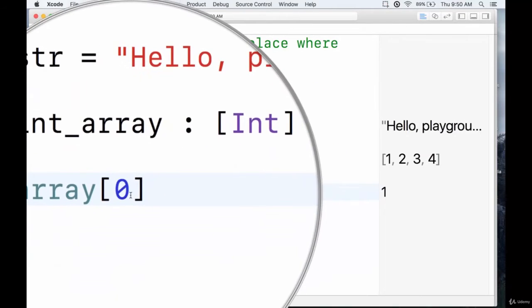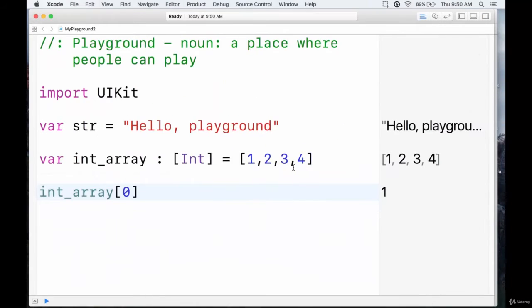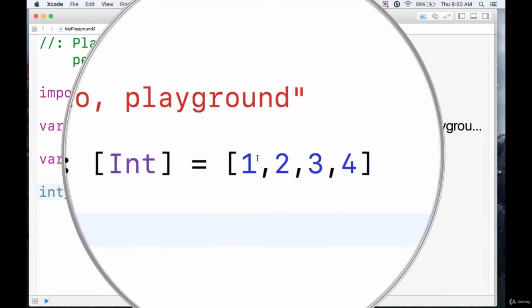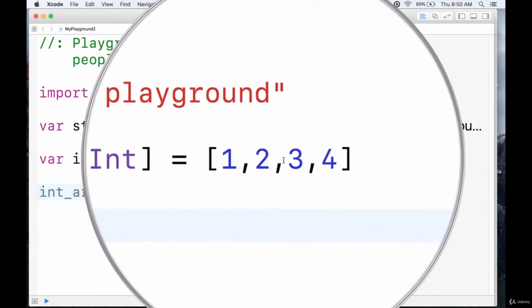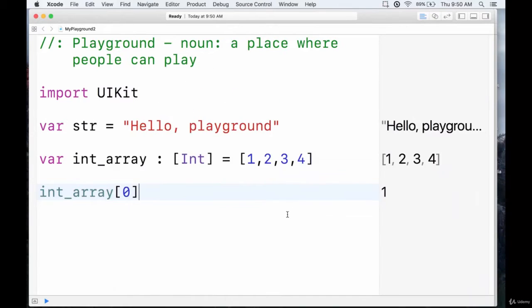I called 0 and it printed out 1. So indexing in arrays starts at 0. Now this isn't true of all languages, but it is true of Swift 3 and I think most languages. So this is index 0, index 1, index 2, and index 3, but still element 1, 2, 3, and 4. Okay? So that's just something to keep in mind. Watch that you're not confused about that. So make sure that if you're calling elements within your array, the indexing always starts at 0, so keep that